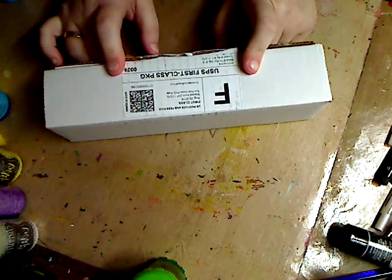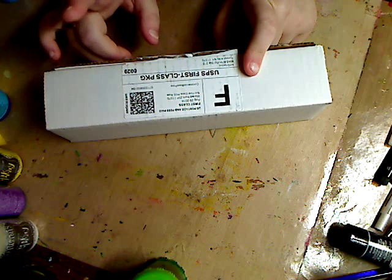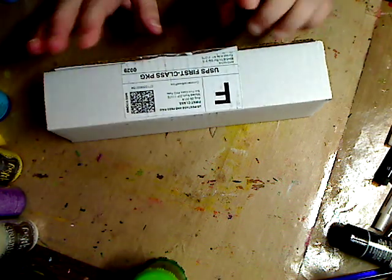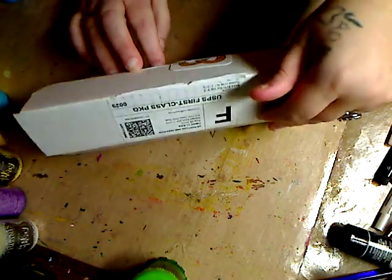Okay, I got my Art Snacks box for September. I'm assuming it's for September. It says August 29th. I think that's when they mailed it. I got it yesterday, so it has to be September's box. So, as normal,